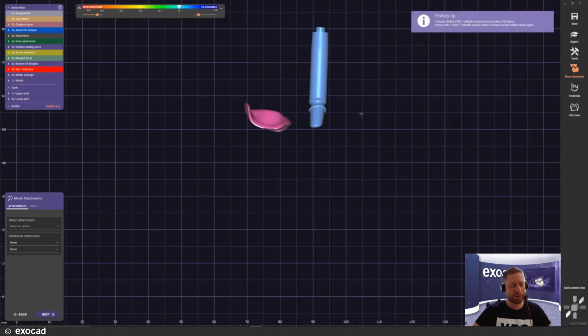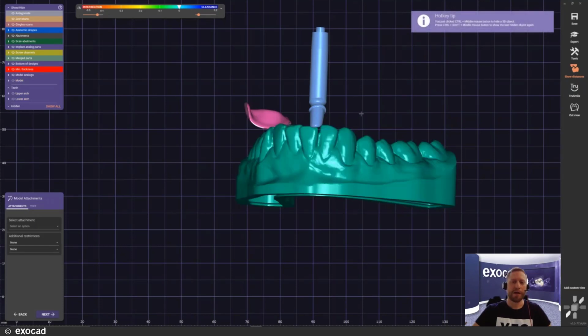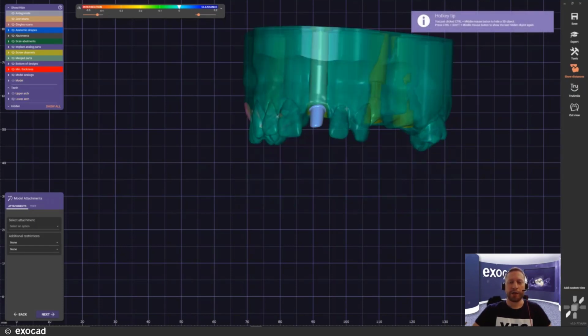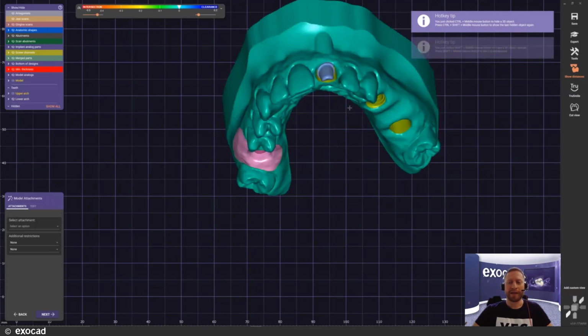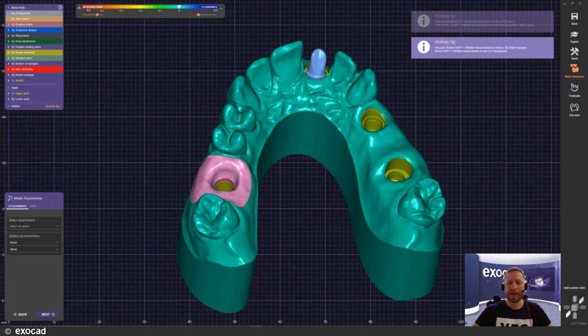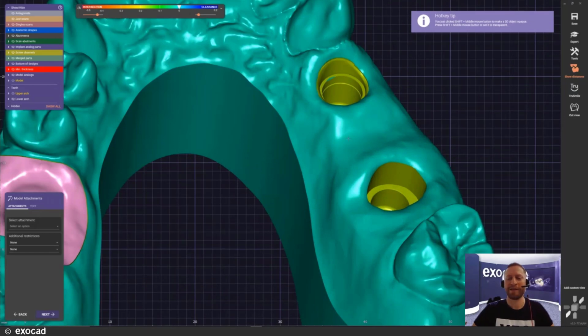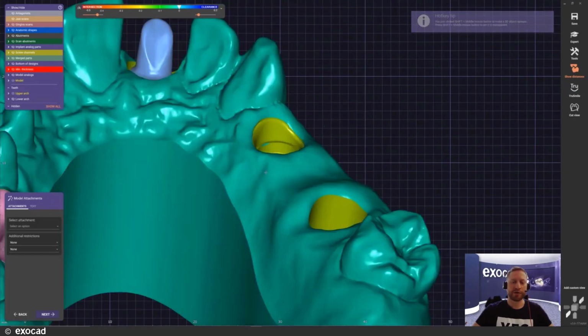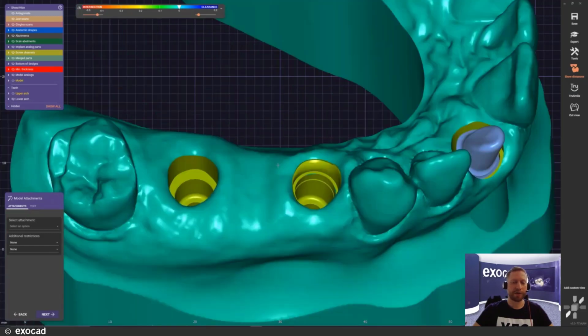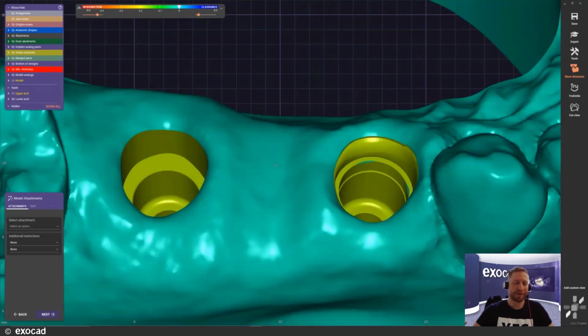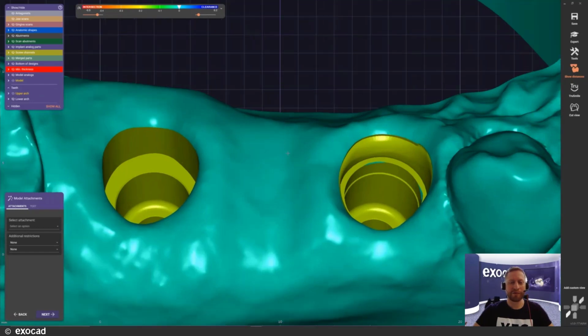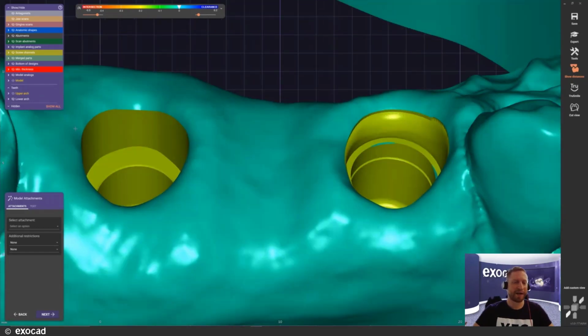So with that, I want to show you something different. Let me get out of the way, and now let's take a look at the model here. Because now, if you remember, we had set up different settings for our gingiva, once preconditioned and once unconditioned. And you can see a slight difference here in how it determines the cutout.